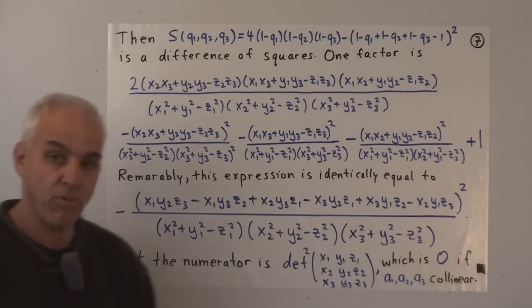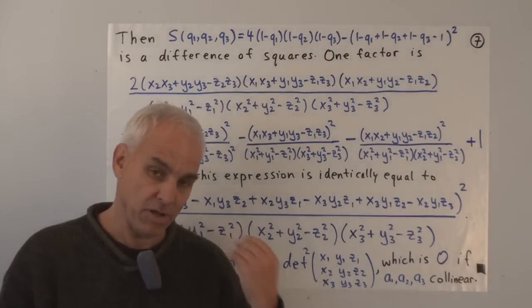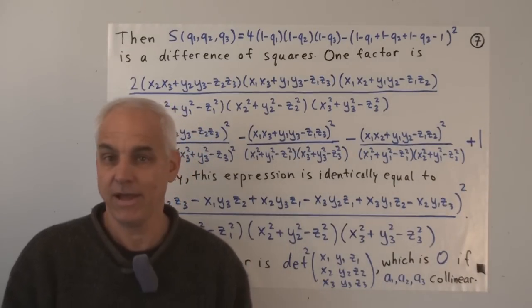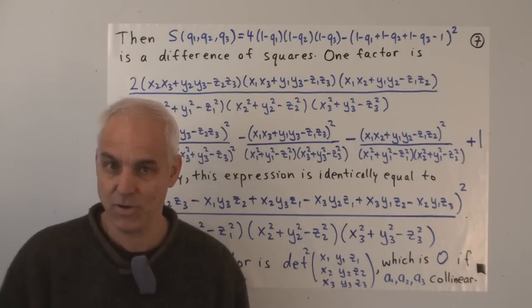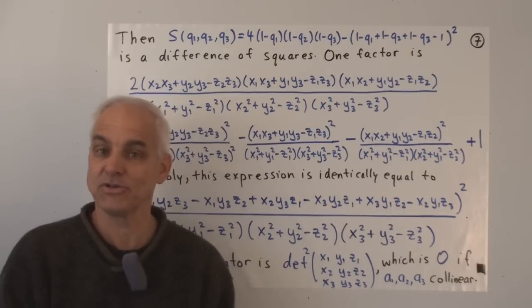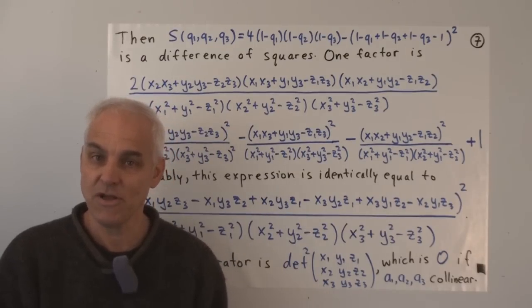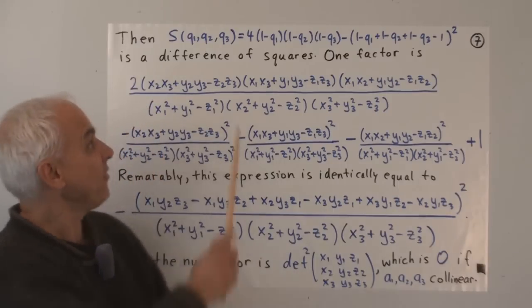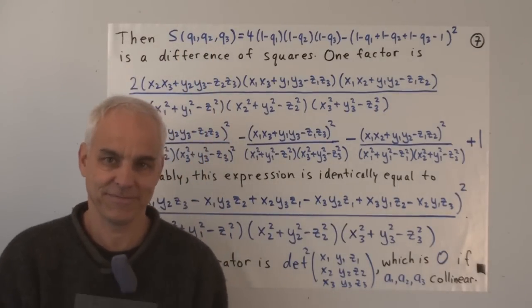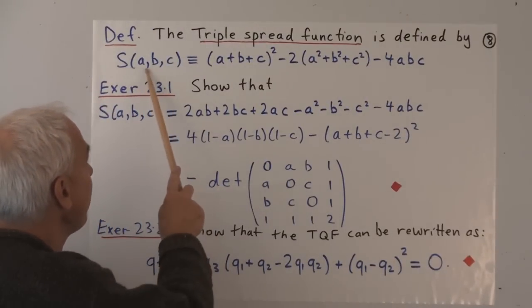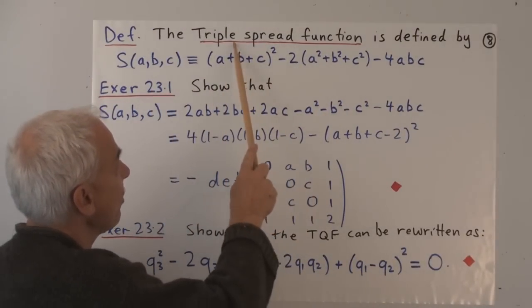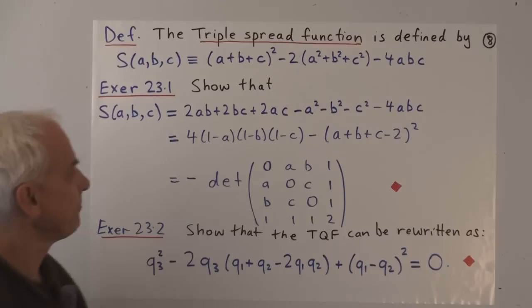Okay, it's the second most important theorem in hyperbolic geometry. It's one of the key theorems in mathematics. It has ramifications in many directions, as we will see as we go along. Let's give you now some exercises. They'll give you some more appreciation for this wonderful formula, the triple quad formula, and this function S. Let's give this function a name. Let's say that S of a, b, c, this thing here, is the triple spread function.